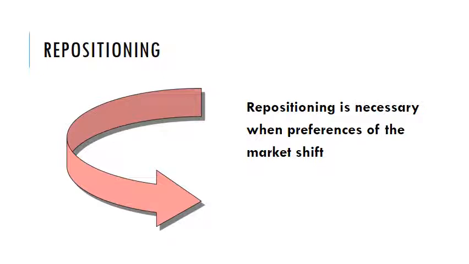We can see the example of Moov. Moov was positioned as a pain relief balm against, at that point of time, its competitor Iodex. But later over the years, Moov has been repositioned in various ways. The first phase of repositioning of Moov was as a backache specialist. Then they moved on to repositioning it for neck pain also, and now Moov is positioned as an instant pain relief